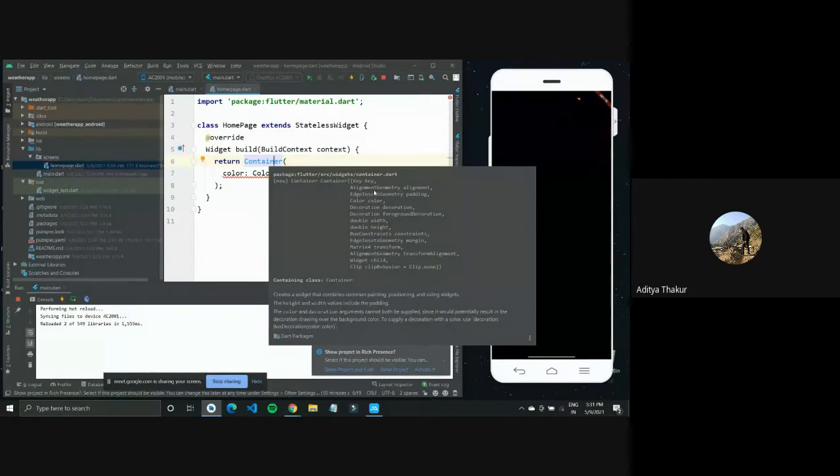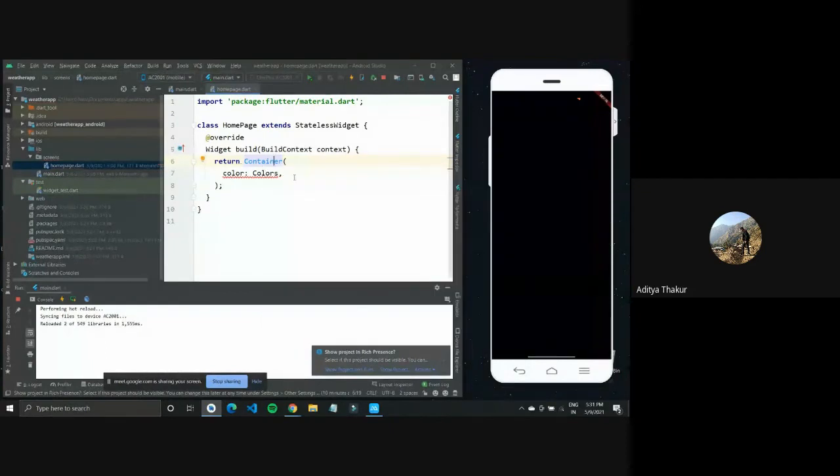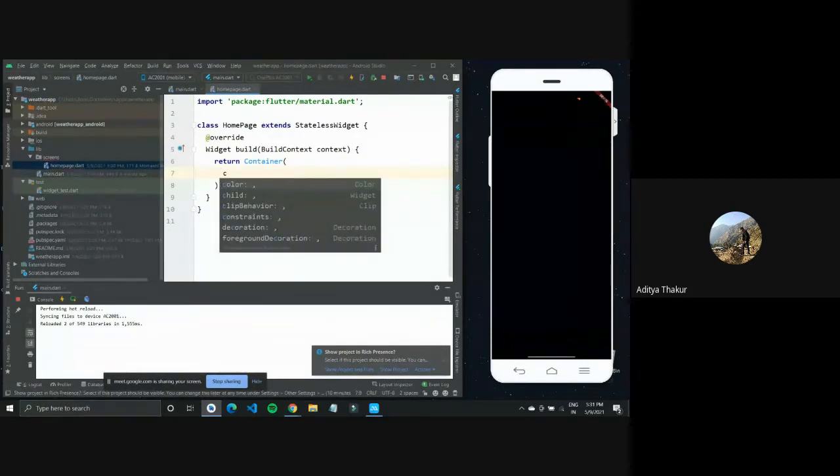This small color on the right that you see is the thing that you have to write down. And on the left side, it shows what it takes in, as in Color. This smaller one takes in a Color. It would be confusing in the start, but once you begin developing, this is very important to know. So I'll type in color, and it would show me that this color takes in a Color.